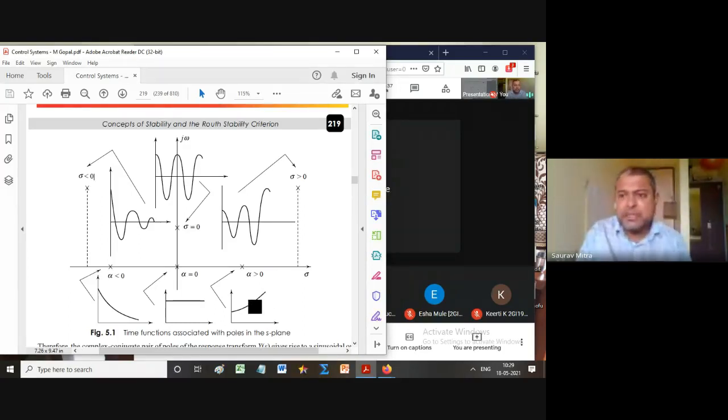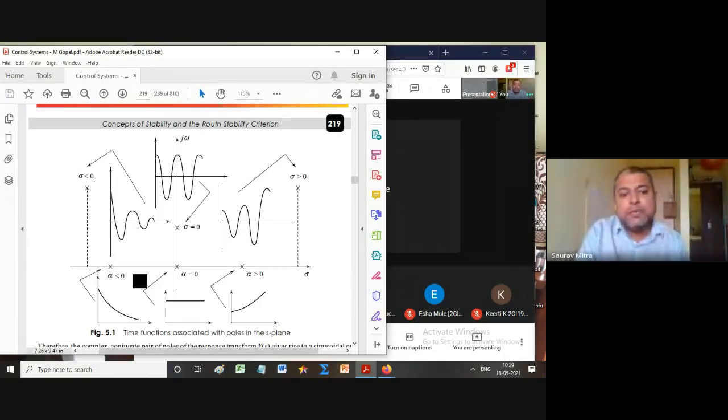So after drawing this, you have to add some comment to your graph. Don't just show the graph like this. In this graph, you have to say that this is an increasing exponential waveform, and this is produced by 1 by (s minus 3). So the area under the curve is infinite. Hence 1 by (s minus 3), Y(s), G(s), y(t) or g(t), is not BIBO. It is not a bounded output, it is an unbounded output. Hence Y(s), G(s), y(t), g(t) are an unbounded transfer function. So this is the first case.